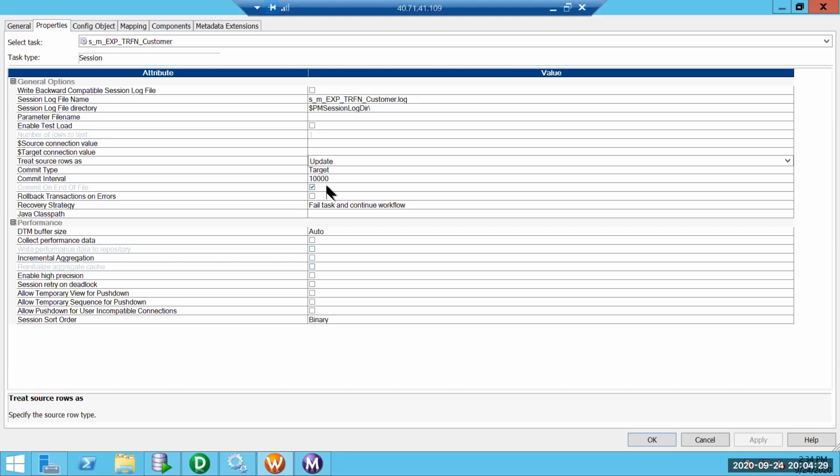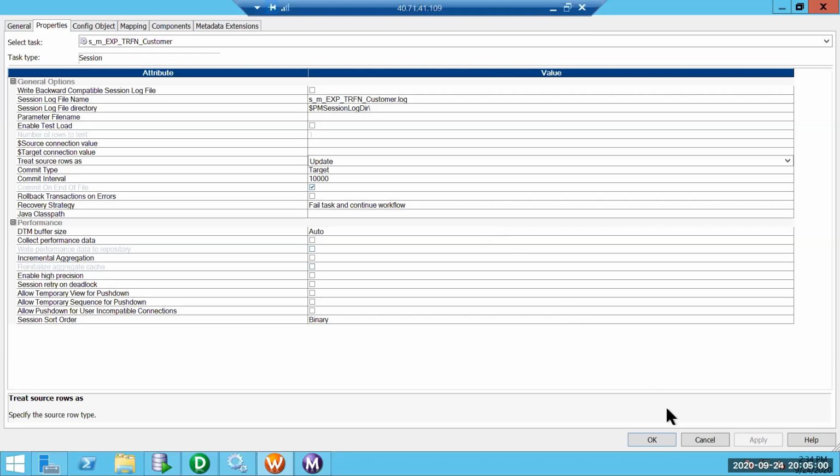If it is beyond 10,000, then it issues a commit after every 10,000 records. With a volume of around 1 million, it commits the data every 10,000 records.